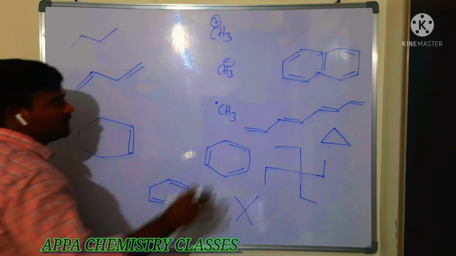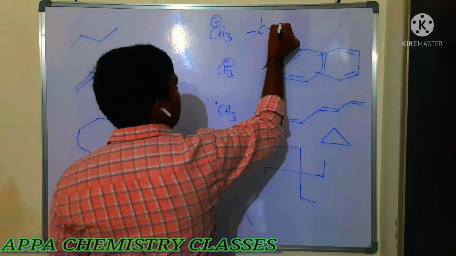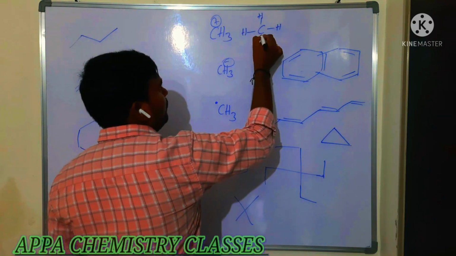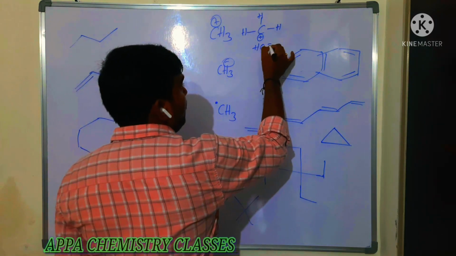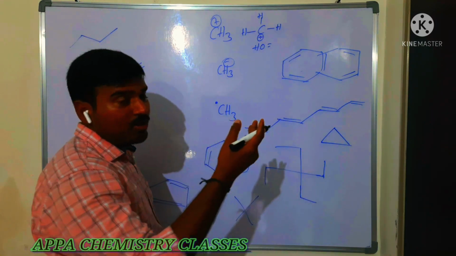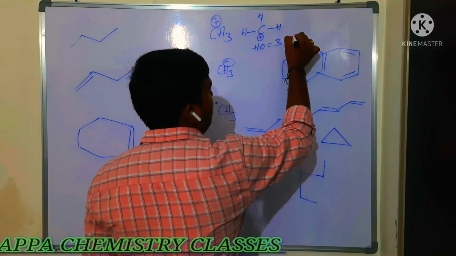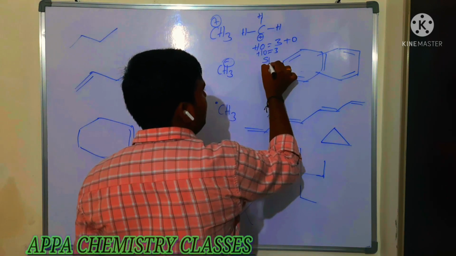You concentrate on this. So here what happens? There are three carbons, three hydrogen atoms. These three will form sigma bonds, with one positive charge. Now what do you have to do? You have to find the hybrid orbitals, equal to the number of sigma bonds, how many here? 3. Plus, is there any lone pair? 0. 3 hybrid orbitals, which hybridization is it? sp2.